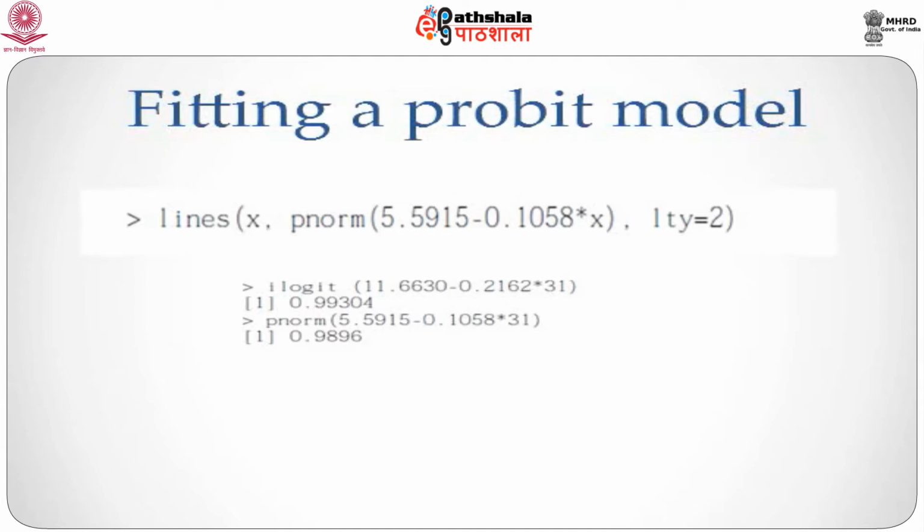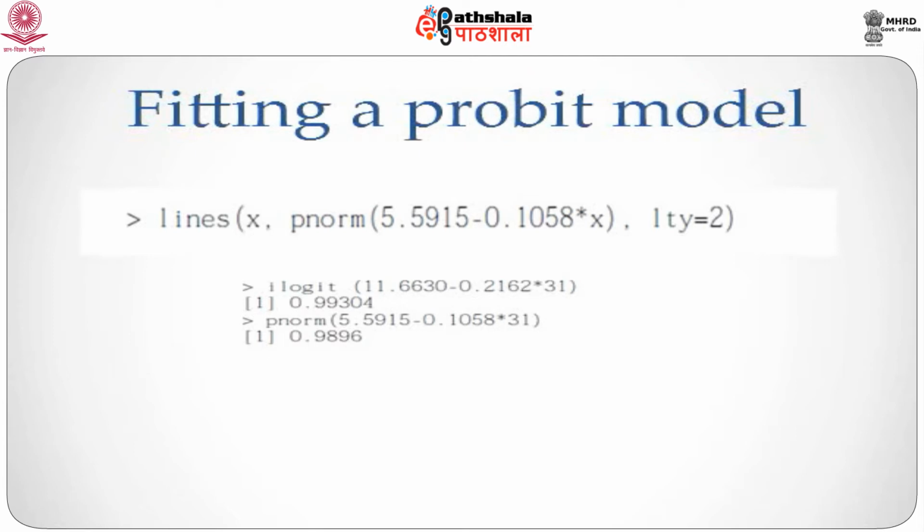We can also predict the failure of the O-rings at specific temperatures, which was our purpose in analyzing the O-rings data. If you recall, the temperature on the day of the 1986 launch was 31 degrees Fahrenheit, and we can predict the probability of failure at 31 degrees Fahrenheit for both the logit model and the probit model using the ilogit and the pnorm functions evaluated at the corresponding regression line. So that has been done in the last 2 lines of code given on this slide.